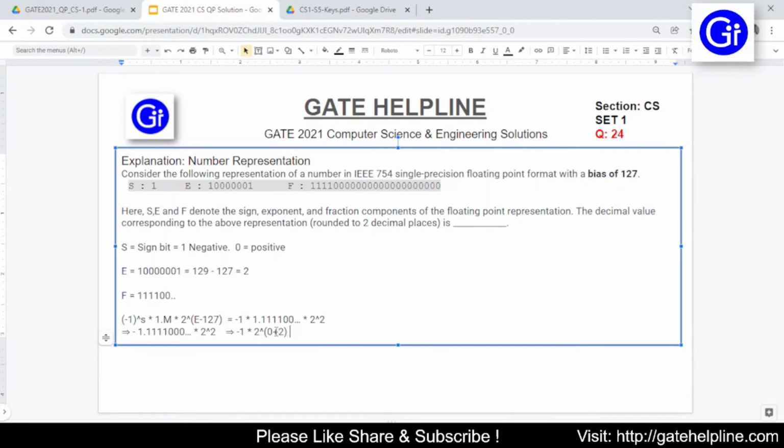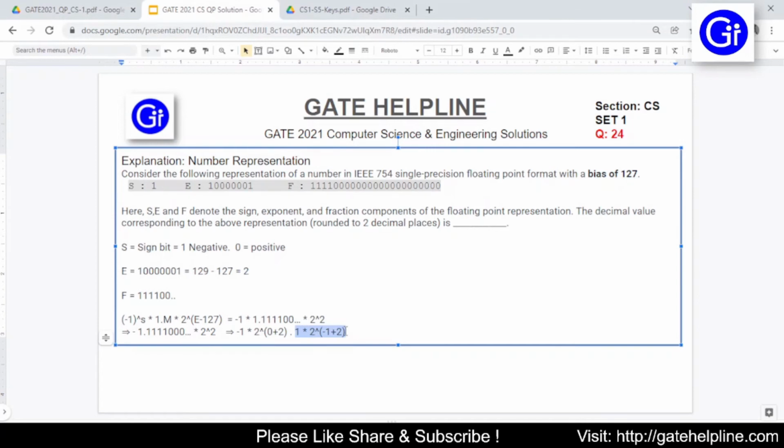Okay, because the powers will add when we multiply. Next thing is the point. After the point we have 1. So this 1 multiplied will have the value 2 raised to power, and the value will be minus 1 here, because this one is next to the decimal. And as we are multiplying 2 raised to power 2 here, the powers will add. So it will be plus 2.